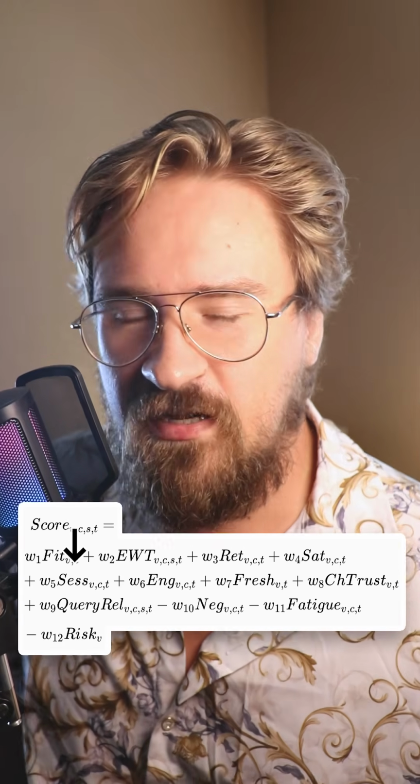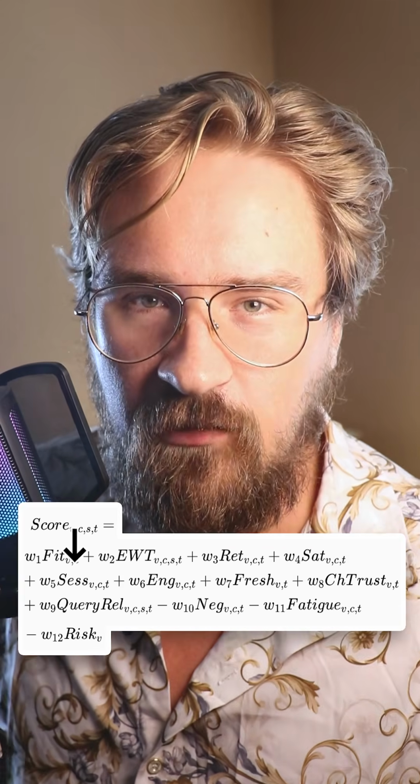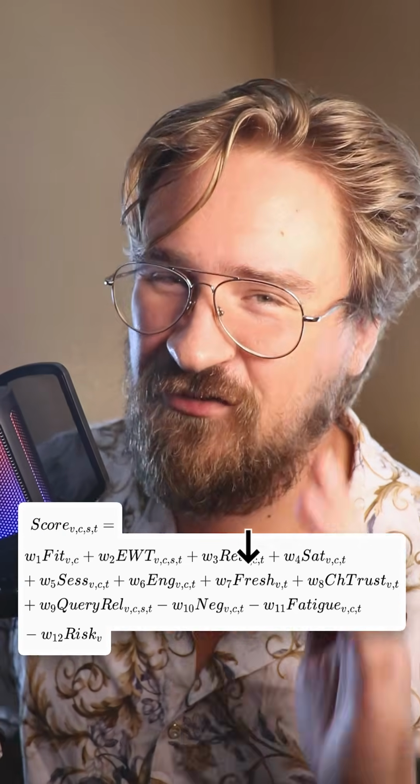YouTube cares a lot about this. They use a lot of different indicators to see, has a user positively engaged? Then the session continuation. This is important and something that surprised me. YouTube cares that if a user watches your video, they watch another video on the platform. Then we have a quantification of positive engagement, a factor for fresh and new videos that YouTube's trying out, a factor for how much YouTube trusts you as a content creator and the content your channel produces, a term just in case a user is searching for this very specific thing, a quantification of any negative feedback the video is getting from viewers, and then a penalty if a user has already been shown your video multiple times and they haven't clicked on it yet.